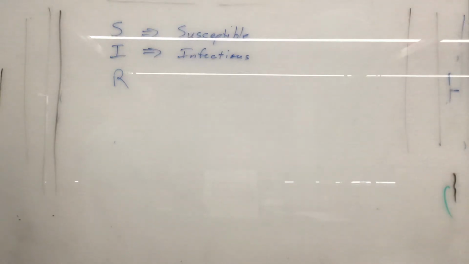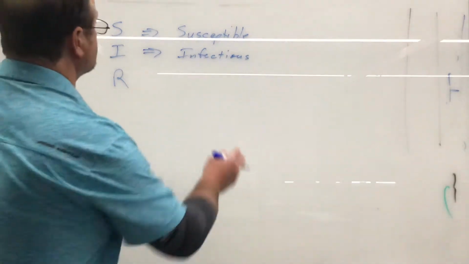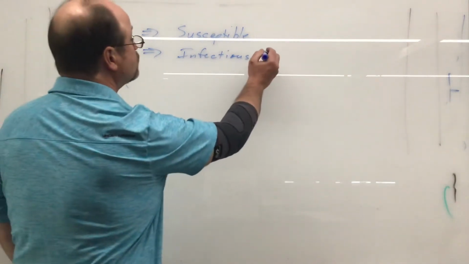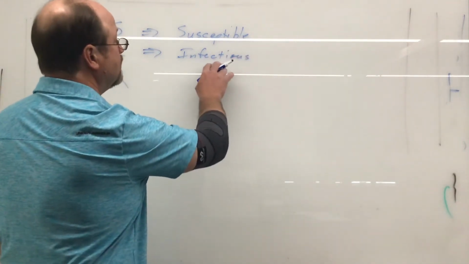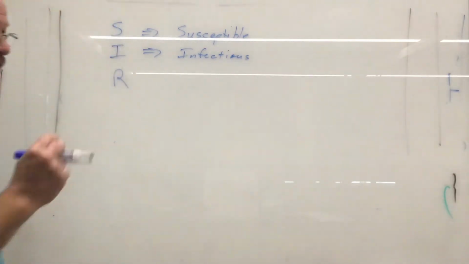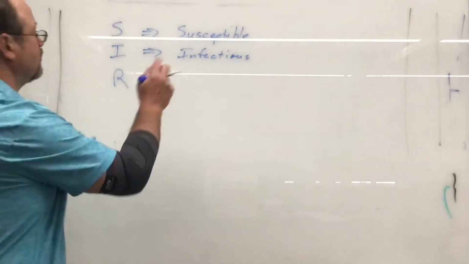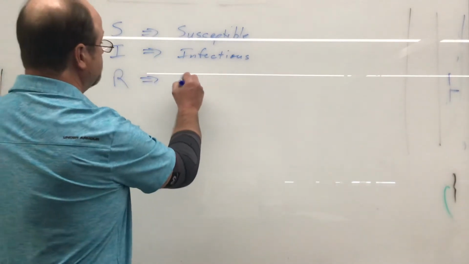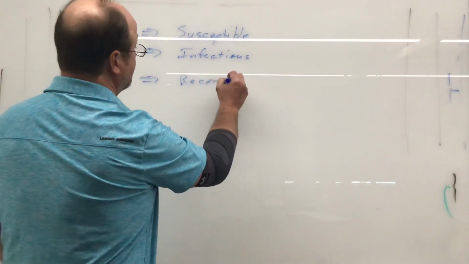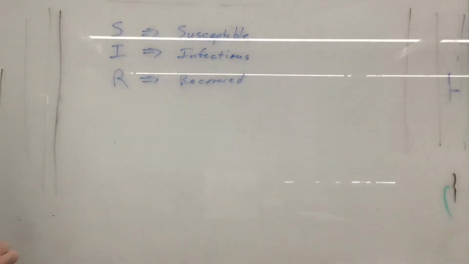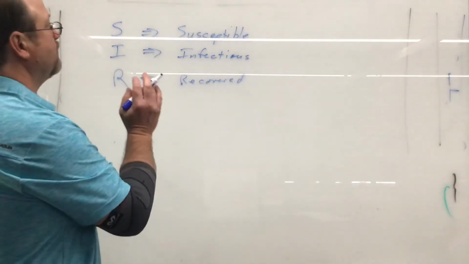Right? We hear this sometimes, you know, once you see the chicken pox, after 2 days the kid's no longer contagious, etc. So we're interested in the time during which they are in that infected stage where they are infectious. And then these are the recovered people. And recovered people, well, that just means they can't be infected anymore, so we don't have to worry about them